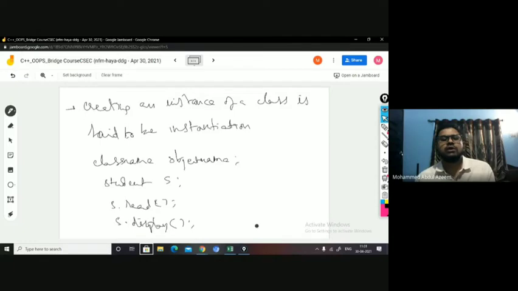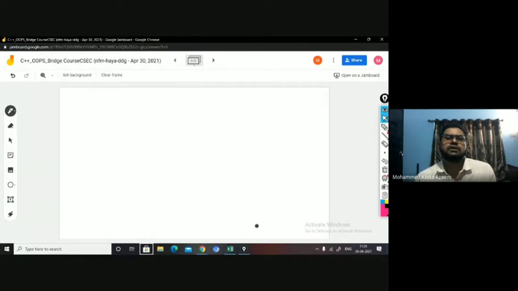So in the main function, you just invoke the functions, right? As we said, one of the important features of the object-oriented programming system, in addition to encapsulation, inheritance, and polymorphism, is abstraction.